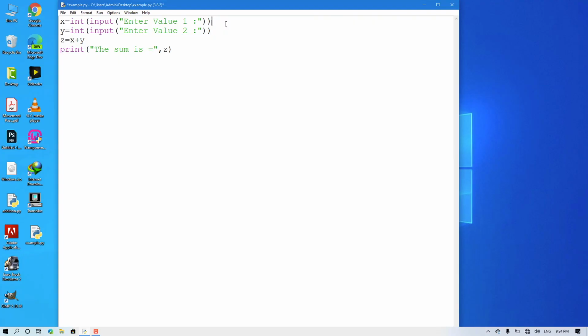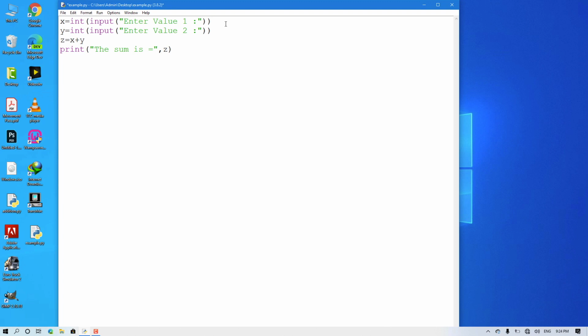Then the next thing we are going to see is comments in Python. Comments are nothing but statements in a program only for the user's understanding purpose, which will not be executed. In Python, the hash symbol is used to define comments. The statements which begin with this hash symbol will be considered as a comment line by the Python interpreter, so it will not be executed. Let us see an example for a comment line.